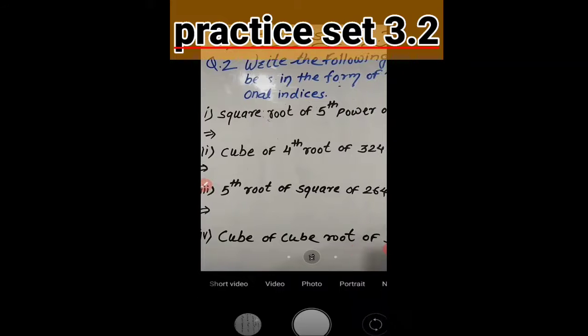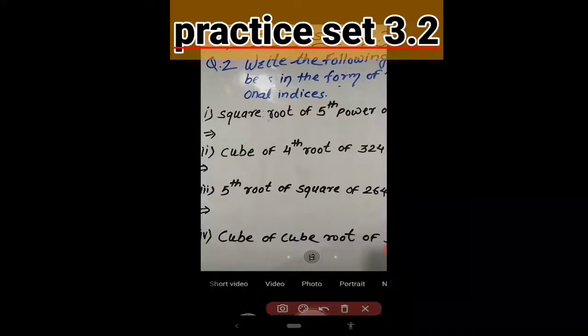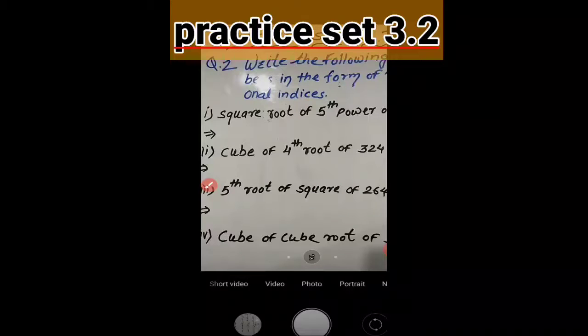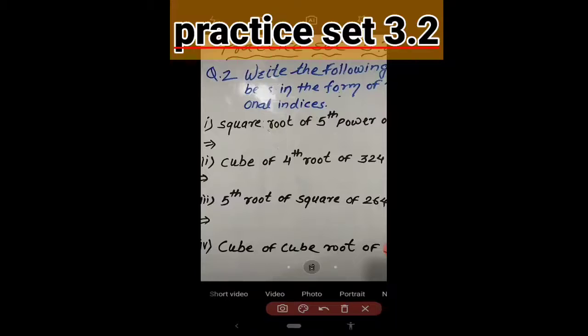So friends, that is the square root, means the root is 2 and the power is 5. Root is taken at the denominator, power is taken at the numerator, means the index of this 121 becomes power 5 in the numerator and denominator root is square root, means second root. We write this as 121 to the power 5 by 2.